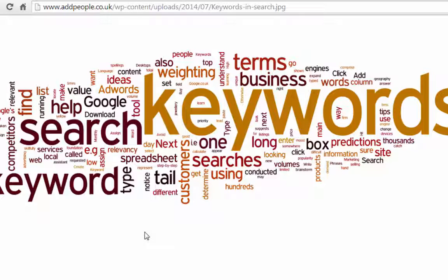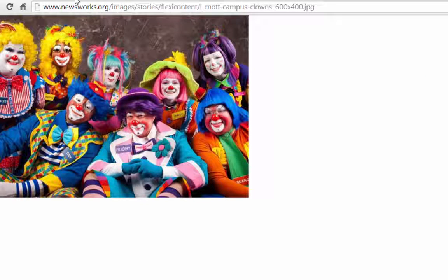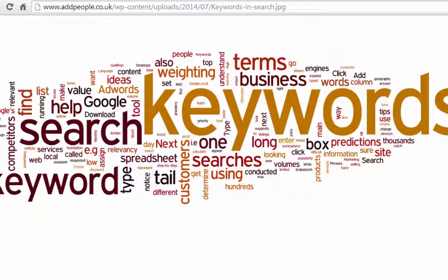Search engines used to look at the words on your page and more or less count how many times they show up to determine what websites to show in the results. But then some clowns started hiding words in their pages using white font on a white background, or putting a bunch of them hidden in the code on their page somewhere, and just using a lot of dirty ways to improve their rank. But then Google came along and started using the link algorithm that we'll talk about in the